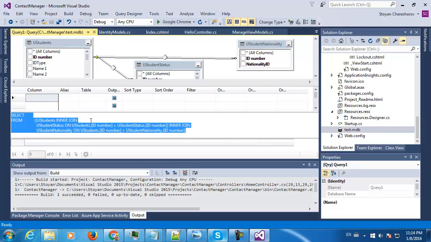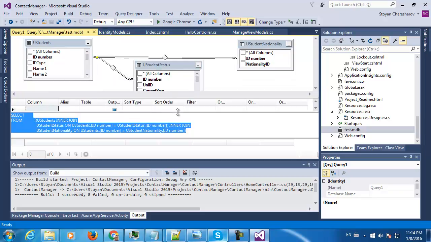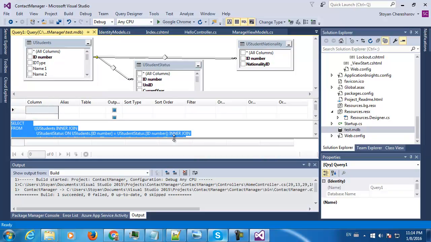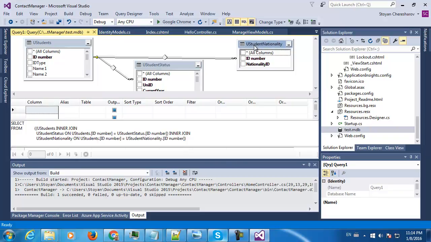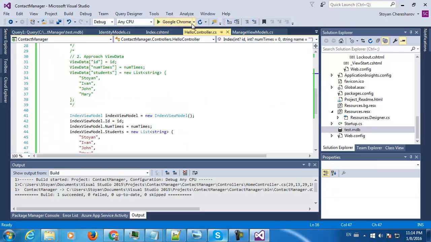So this is how you create, actually this is one of the ways, the graphical way to create your SQL queries. I don't like this way very much. I do everything by hand, so I think I have prepared some of the queries,